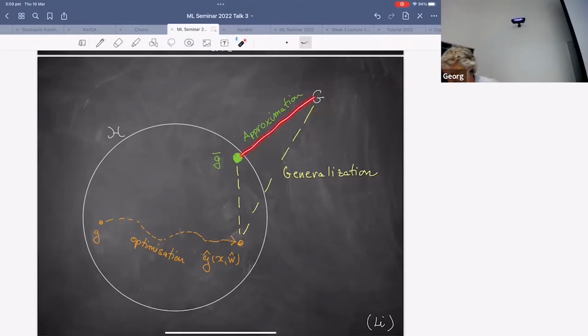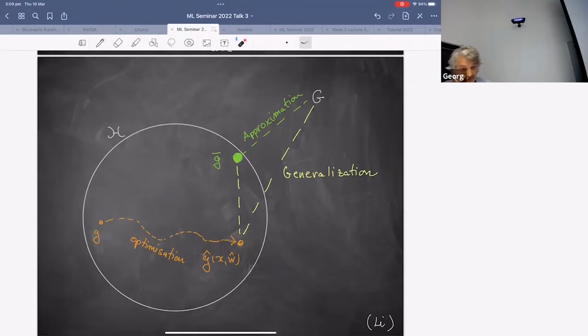So the best we can do is this g bar. We start with some model g in our class with some initial guess for our weights, and then we let the optimization algorithm do its work to find our W hat. Then the generalization issue is: how good is that in terms of approximating our capital G, the truth? Or we can ask, at least within that function class, how close are we to that g bar, which would be the optimal under the constraint that we chose the wrong hypothesis space.